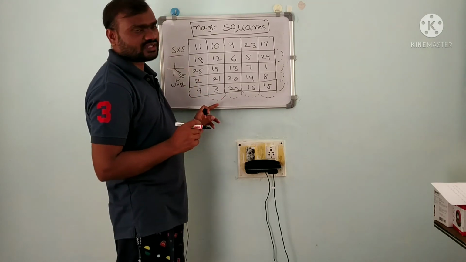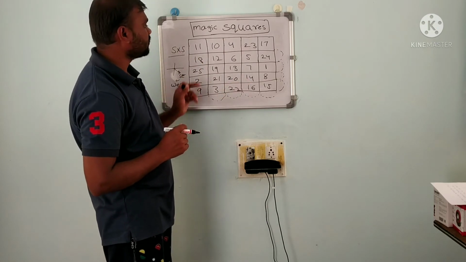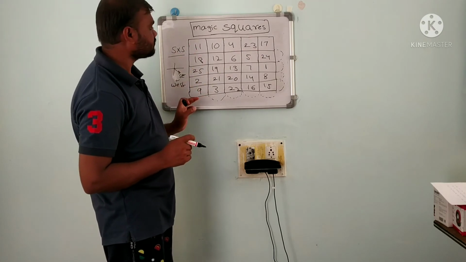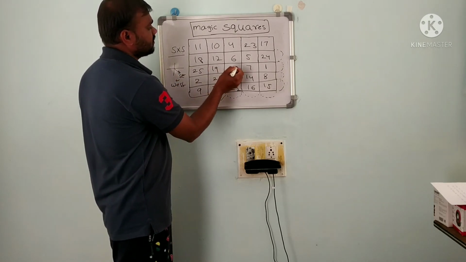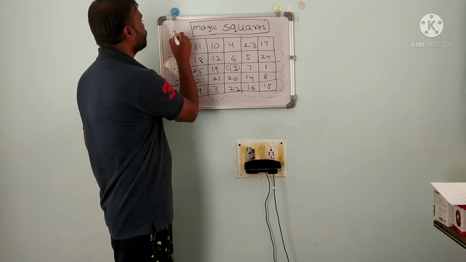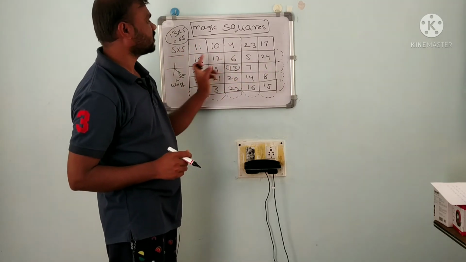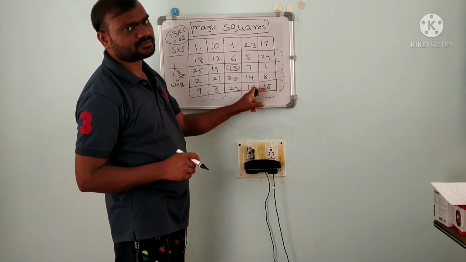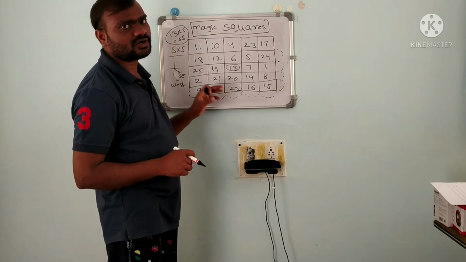So like this you have to fill all the cells. After filling up all the cells, you observe that if you take any row or any column, the sum will be the same. If you take a diagonal also, the sum will be the same. Here the center number is 13, so 13 into 5 is 65. 65 is your answer. If you take any row, or any column, or diagonally, you sum the numbers, you will get the same number, that is 65. You will get the answer 65 always.